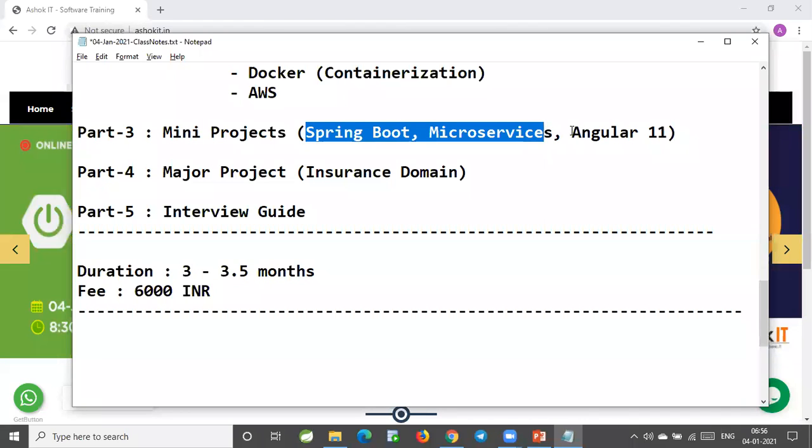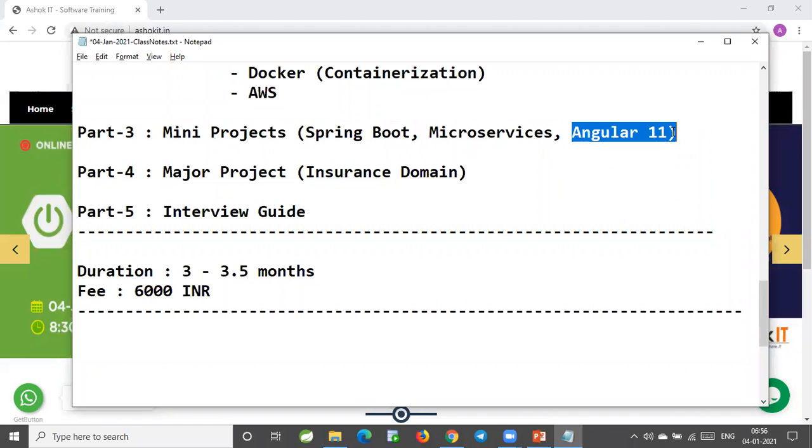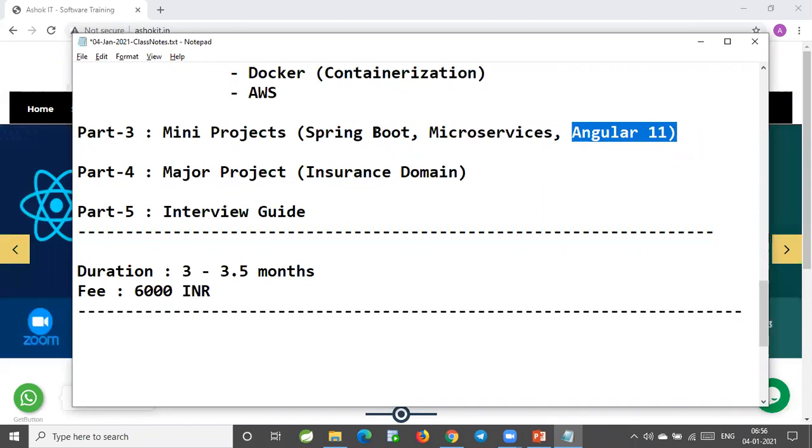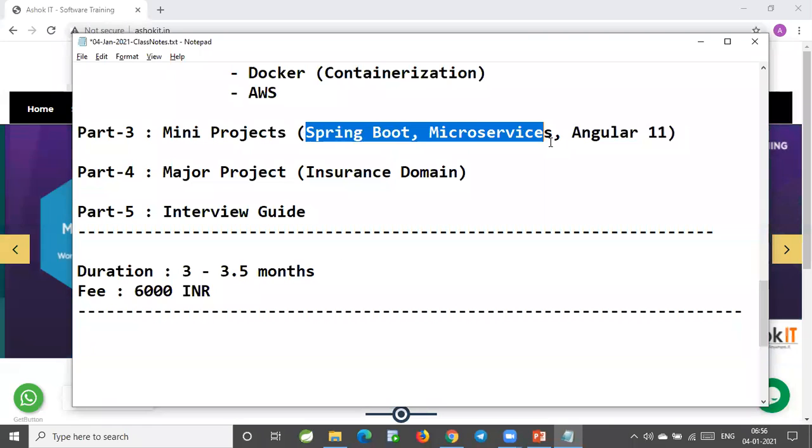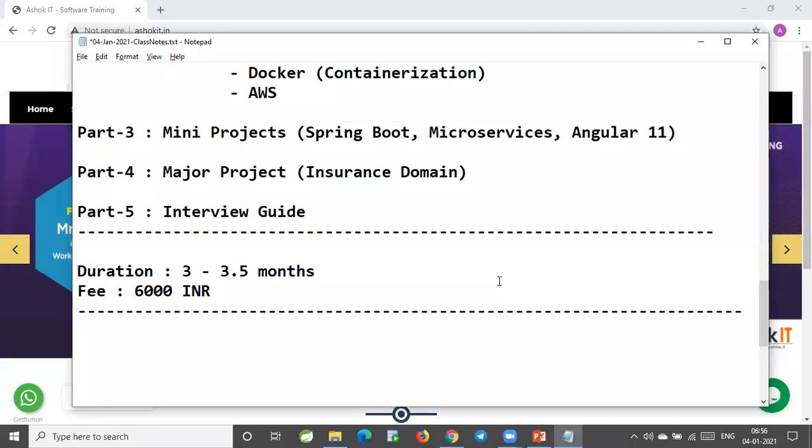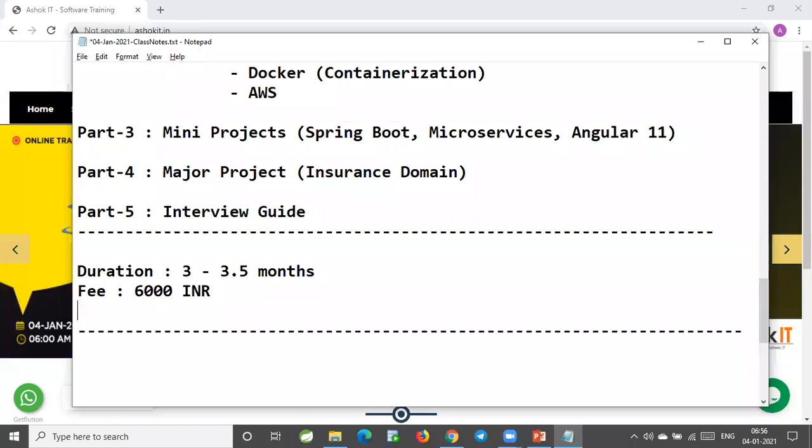So in the evening slot, we are going to provide Angular classes free of cost to those who join for both JRTP and SBMS. For them, Angular classes will be given free of cost. Good. And the people who join for my project,